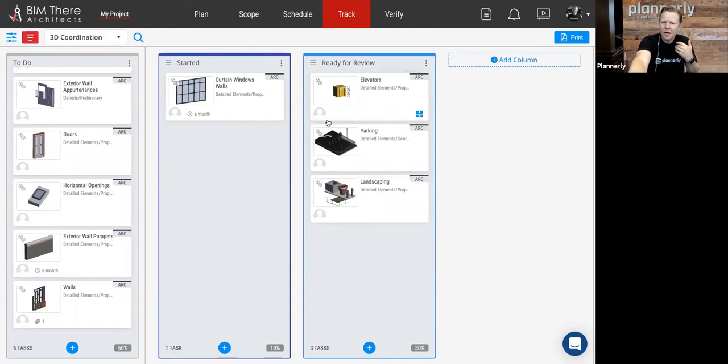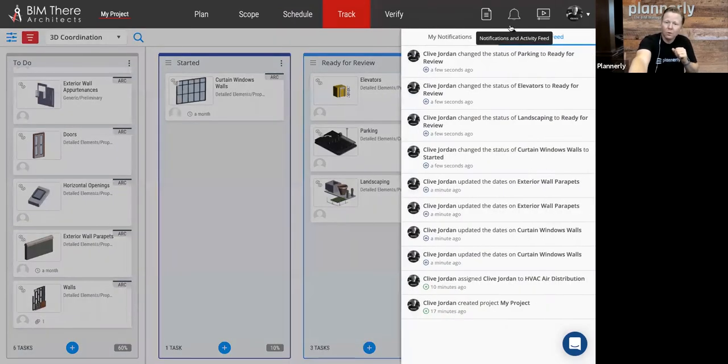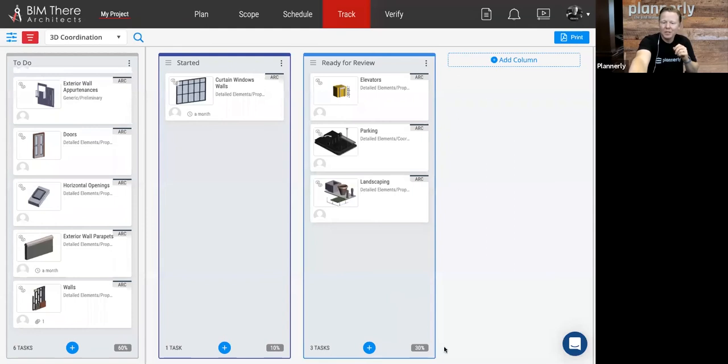These tasks will be sent in a notification to their manager that all of these tasks have been updated, and they will see the percentage showing that 30% of their work is ready for review, without having to answer or send an email to tell their manager how well they're doing.